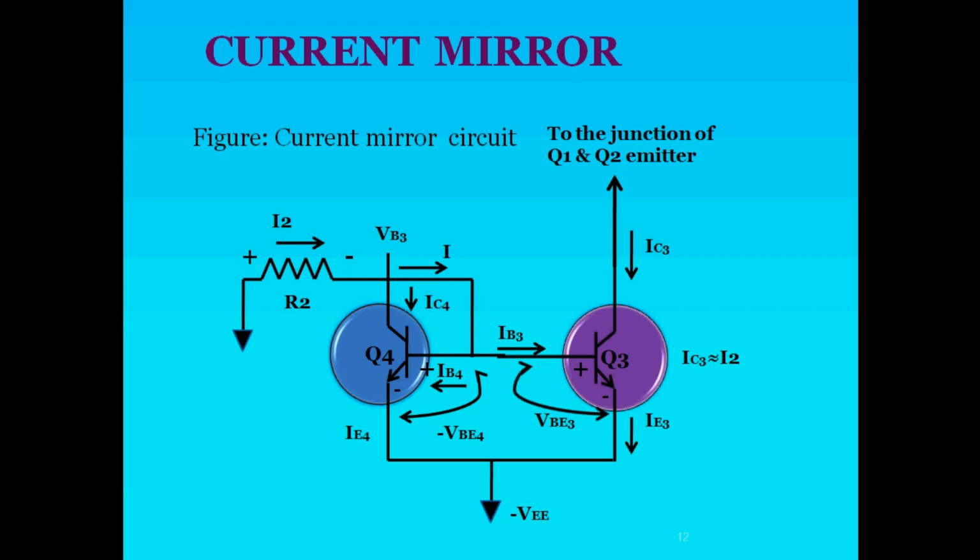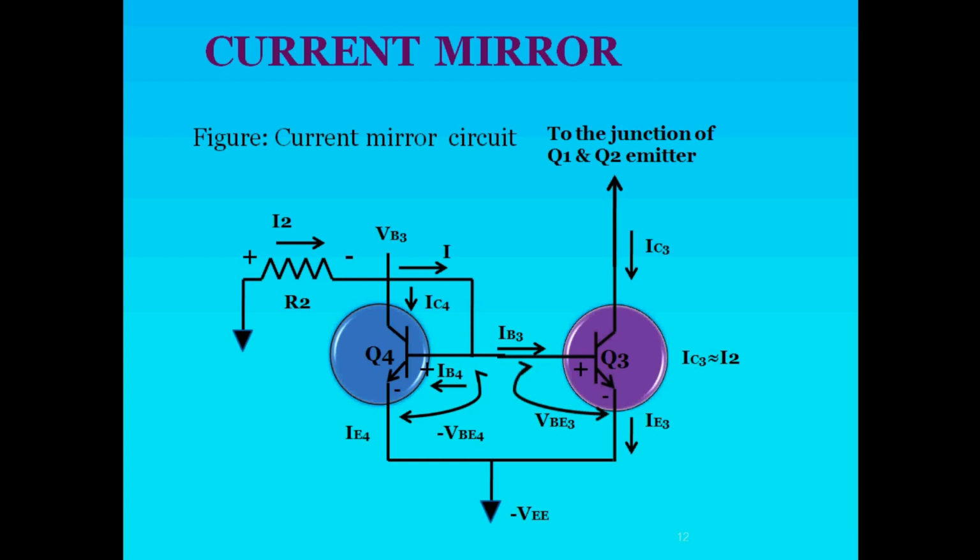So the circuit is similar to the previous two circuits, where initially there is one resistor. Next, we connected two diodes, and after that the Zener diode. Now in this current mirror circuit, in place of this Zener diode we have connected a transistor Q4. So the circuit will be similar to the previous one, only we are replacing the Zener with a transistor, and that is the Q4 transistor.